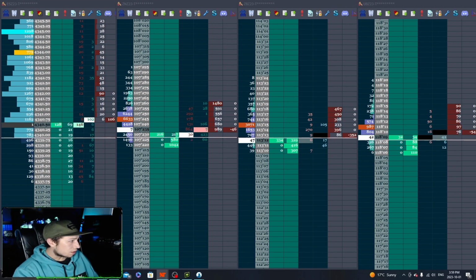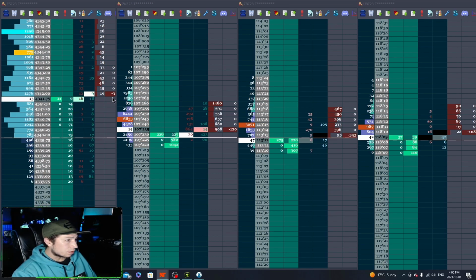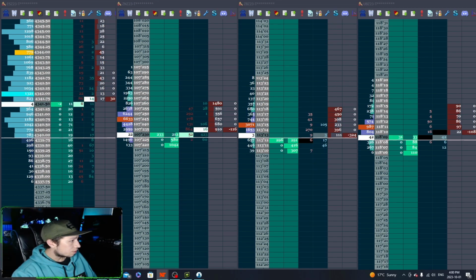You see this big size come in? They don't want it. They don't want to let it come up, but they still traded through it. So we're waiting for this to push up, waiting for this imbalance to switch, and then we're going to try to ride it back down. See, they're still pulling orders, pulling, adding, still pulling. Okay, now we're pulling on this side and we're adding here. Okay, you see that switch?